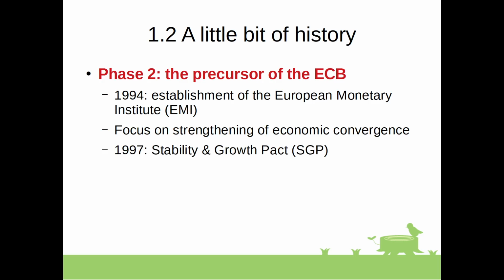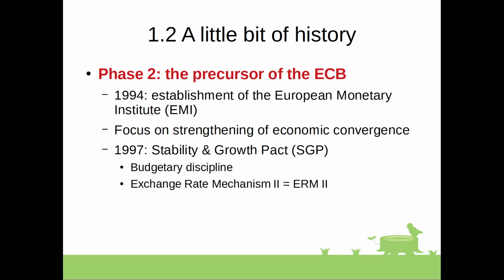In 97, we have the SGP, or the Stability and Growth Pact. This pact mainly looked at the budgetary discipline of the governments that wanted to join. Also, the members of the union already were affected by this pact. The SGP was really looking at the way governments were spending money. This is very important. They also created the Exchange Rate Mechanism number two, the ERM2, very important one, because in